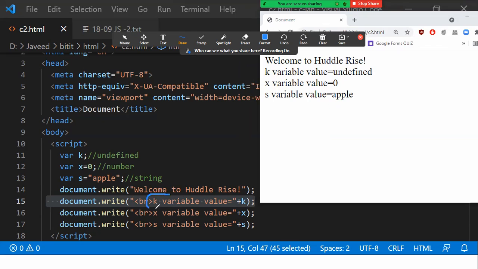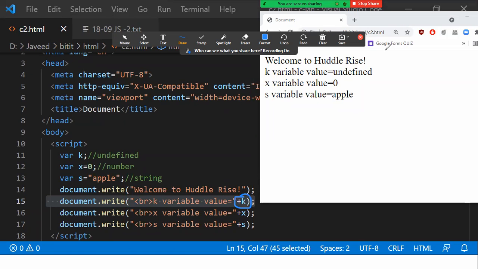So this k variable is there for me inside the double quotes. You can see the double quotes start and end there. So what happened? That k value is printed as it is. That is, it is taken as a message to be printed. But there is another k here outside the double quotes. So I'm using one more double quotes, and outside the double quotes I'm using this variable called k here.